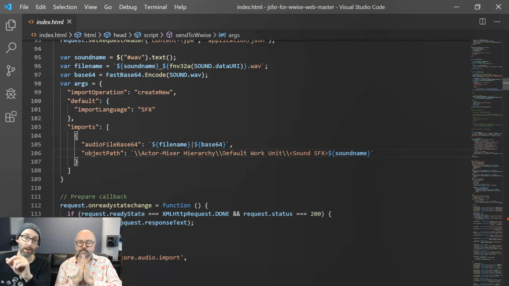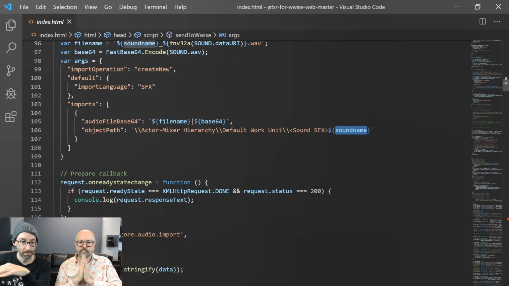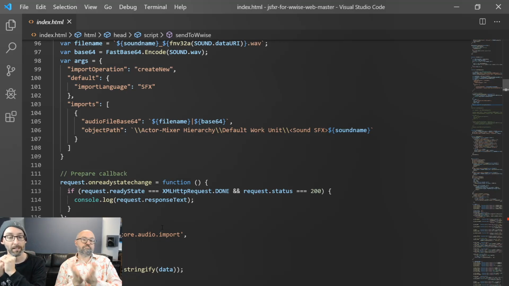Right now it's hard coded to the default work unit, and we place the sound name there. And the rest is JavaScript stuff. So register some callbacks and logging, and then send the command to WAAPI, and that's it. And that's it. Yeah.